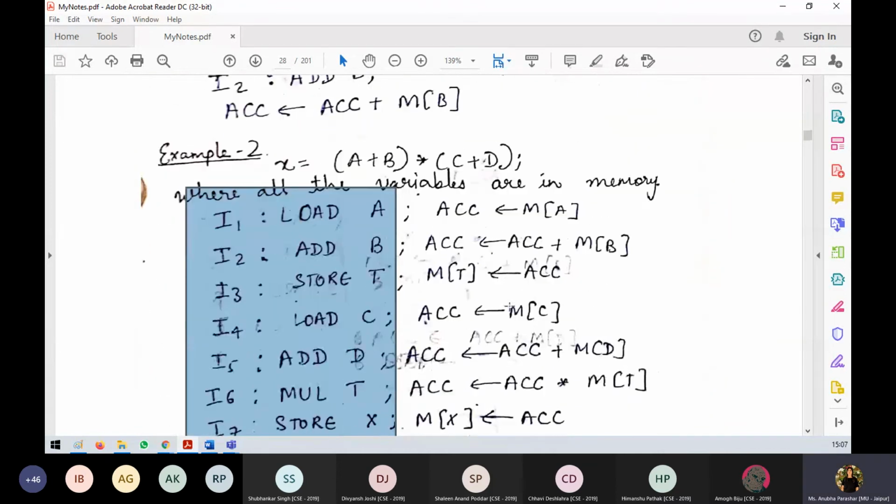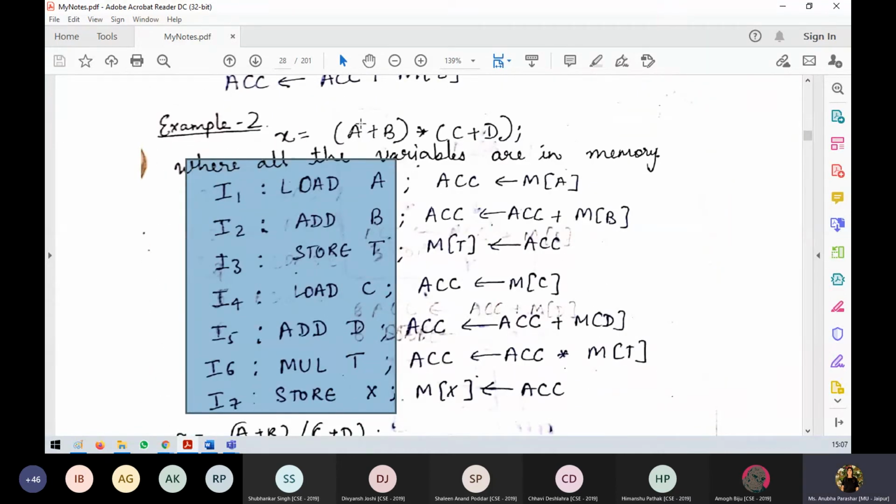Next, what is happening? We have to take this value A plus B. So one of the locations will be temporary register for sure. Then we have to do similar thing with C plus D. So you load the value of C, load C, which is coming to accumulator. Now one of the values is in temporary register. But how to get that value? To get that value, first of all, this should be performed first. So do it, C plus D.